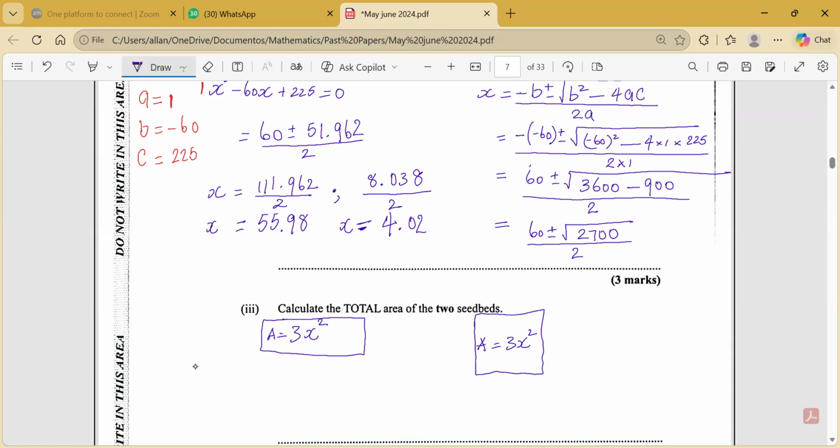So the total area is equal to 3x squared plus 3x squared, which will give me 6x squared. So the total area when x